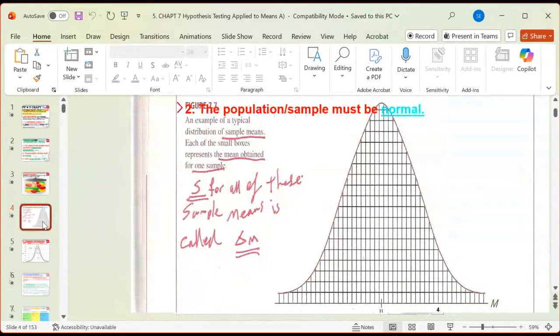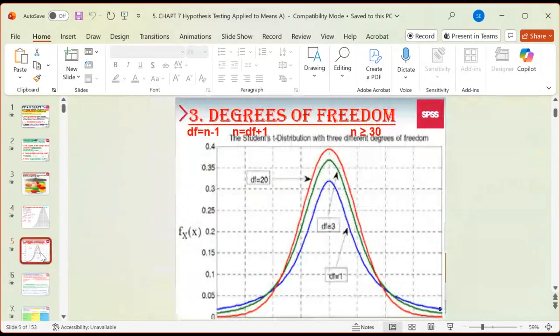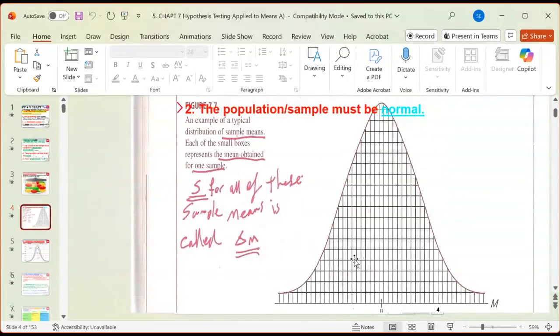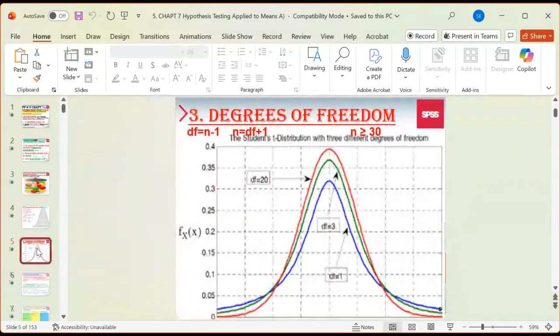And then again, we talked about the data must be normal. The reason for that is, if you have less than 30 participants in your research per variable or group, then assuming this is a normal distribution or bell shape, if it's less than 30, the shape is not going to stay normal. It's going to become either pointed or flat,